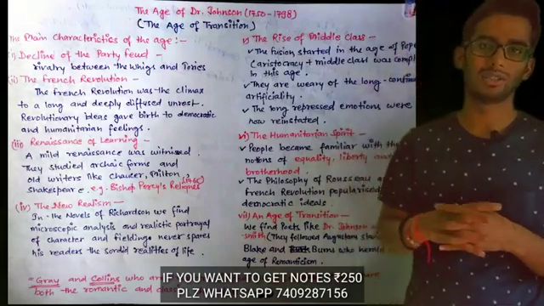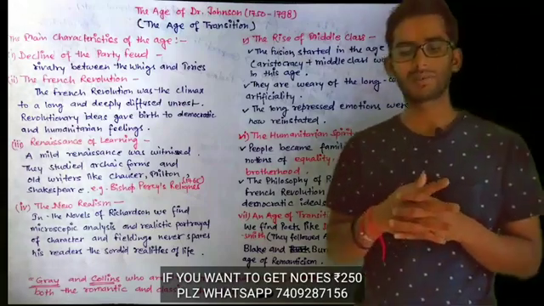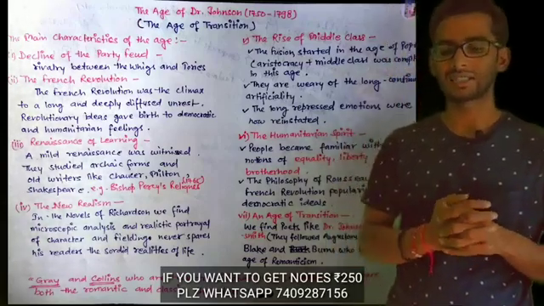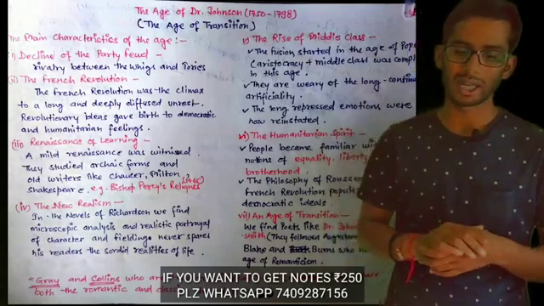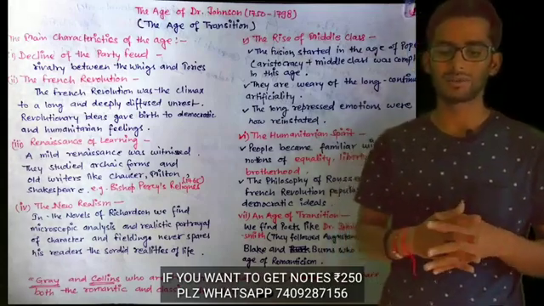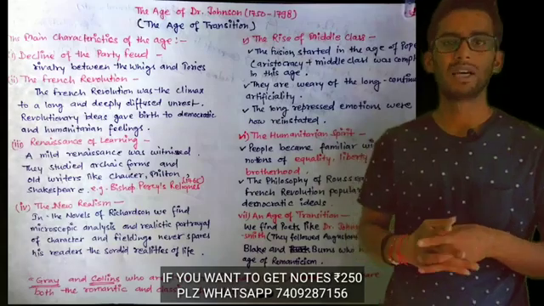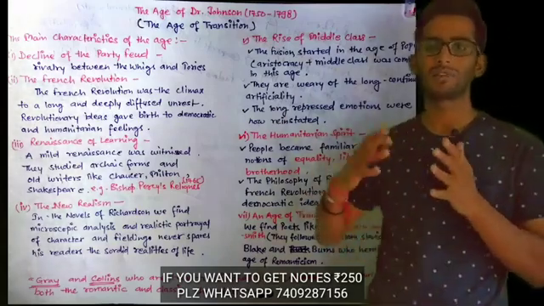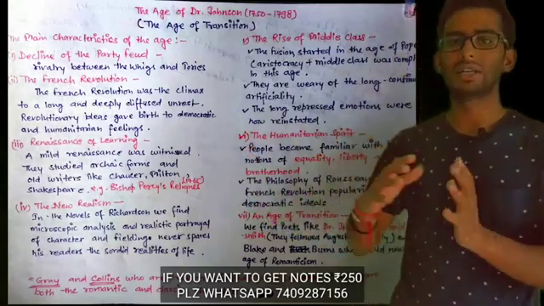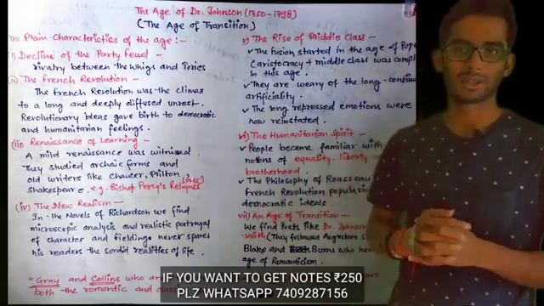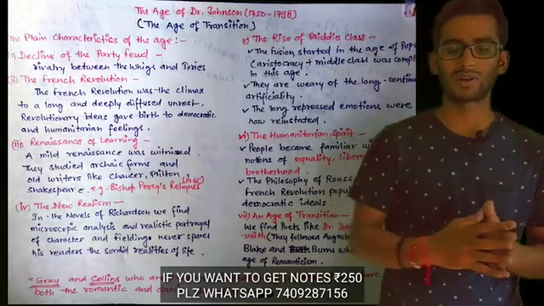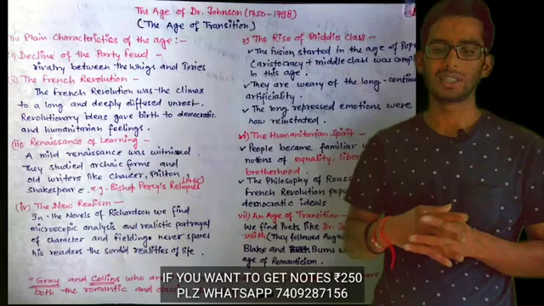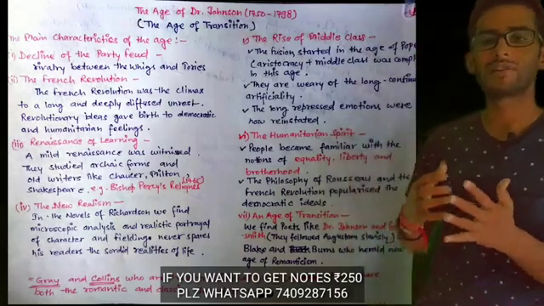The new realism. In the novels of Richardson we can find the microscopic analysis and realistic portrayal of character, and Fielding never spares his readers the sordid realities of life. Now they don't want to go away from the realities of life. They incorporated the real things in their works. So that is called the new realism, and we can see it in the works in the age of Dr. Johnson.